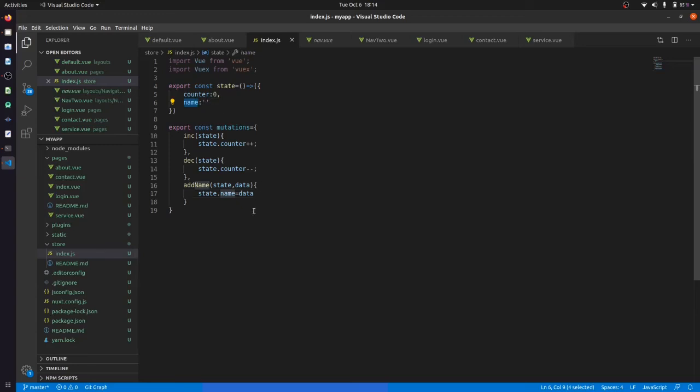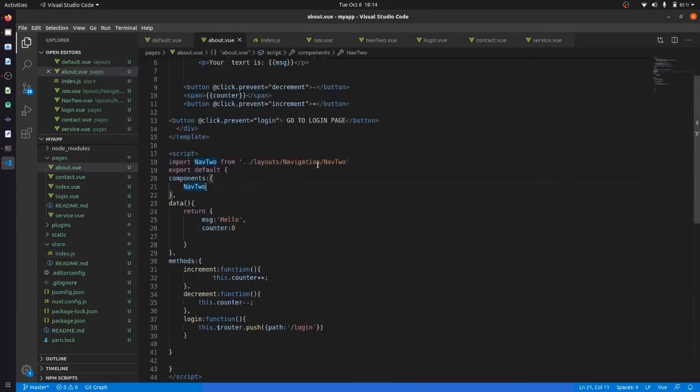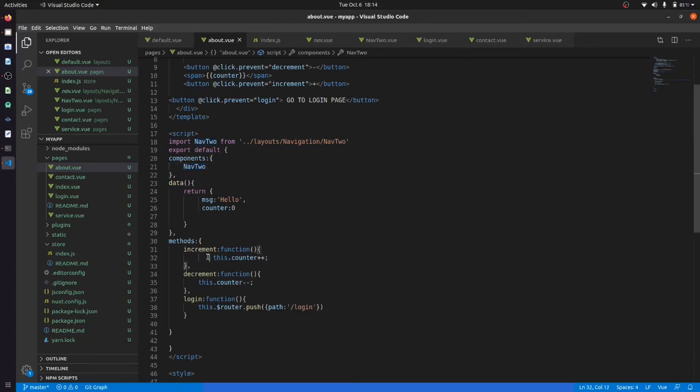Now we go to our function. In place of directly incrementing this variable using the counter, we will use this.$store.commit.